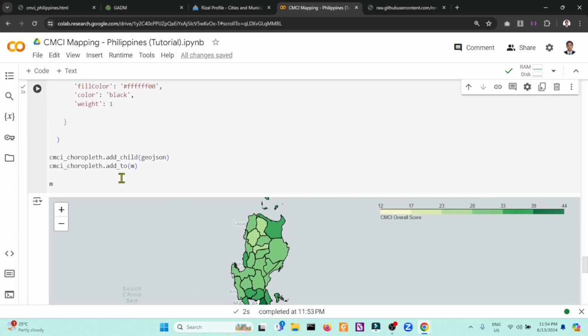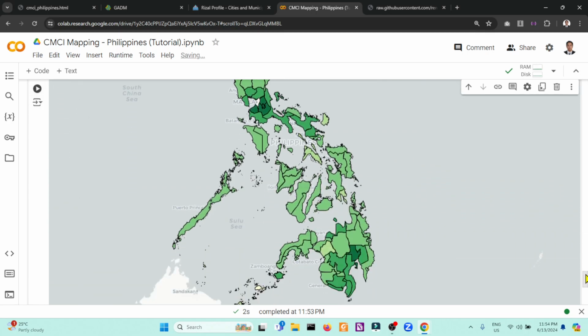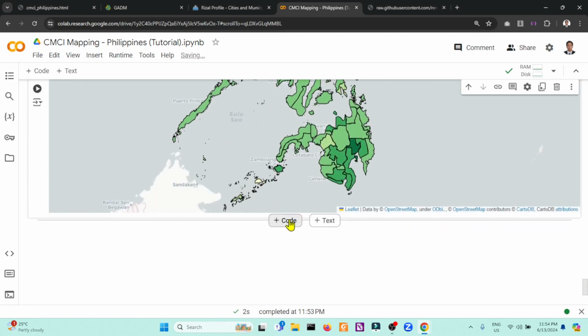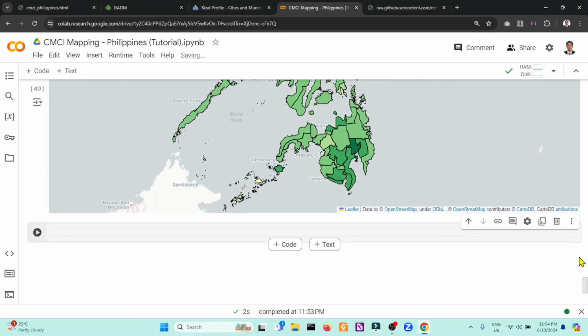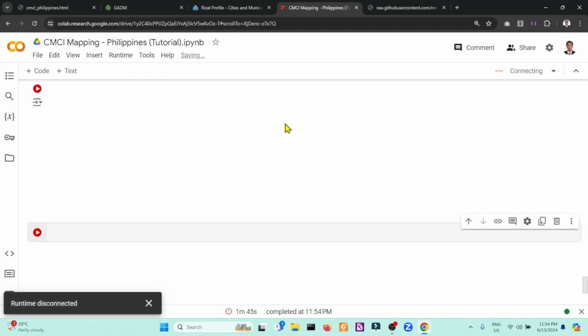So next one, let's remove the m since we are finished with the choropleth. So let's see, how about we project the top 10 provinces based on rank. So let me run this again so that I will remove the existing map.